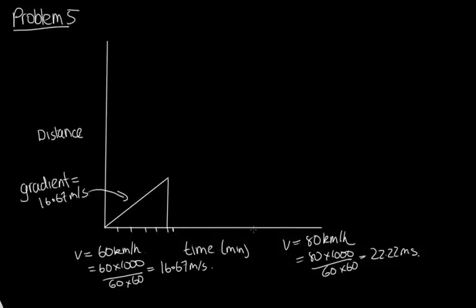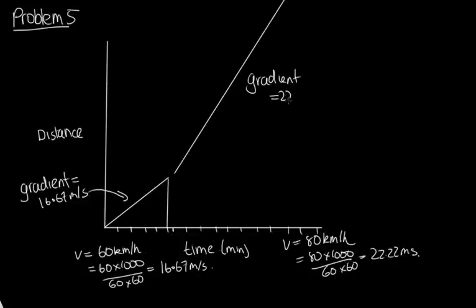So it's then traveling along for 10 minutes. So we've got 1, 2, 3, 4, 5, 6, 7, 8, 9, 10 with this constant speed. And so this is going to be another straight line. The gradient's going to be higher than to start with. There we go, make sure that the gradient's higher. The gradient here